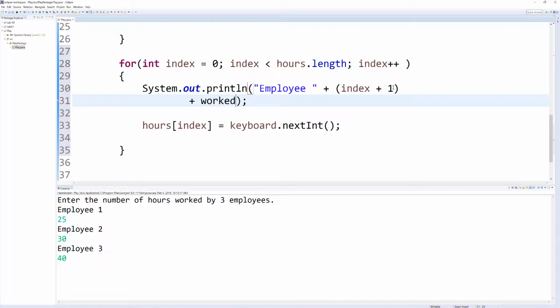I'm going to output this so we can see it worked, and copy this. Paste that out. Number of, space that out,